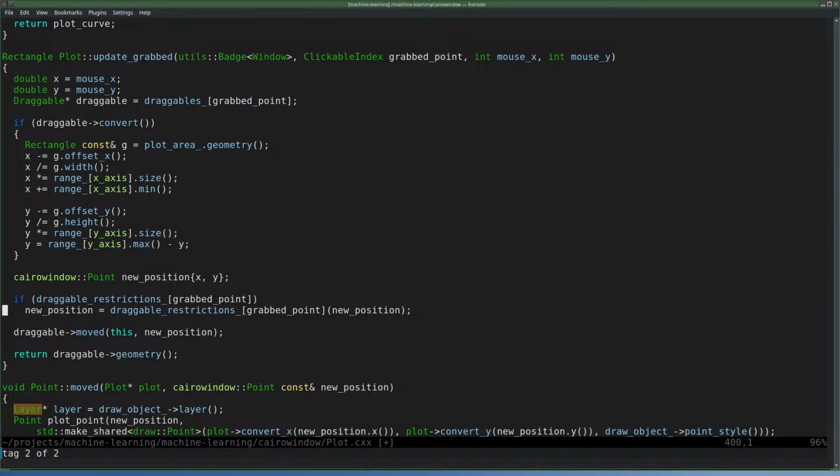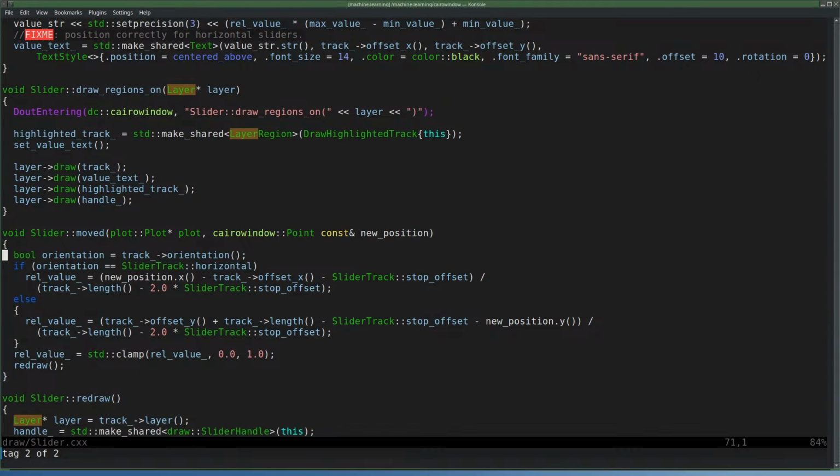Looks like restrictions. Regular restrictions of the slider. Might already keep the y coordinate equal. See what the moved function is doing. Slider moved to new position. Only looks at the x position for the horizontal one. For the y, it looks at the y coordinate only. But I don't want